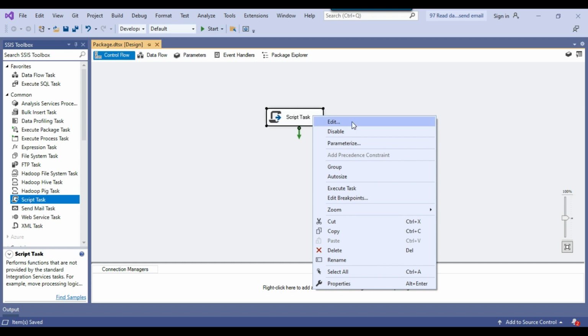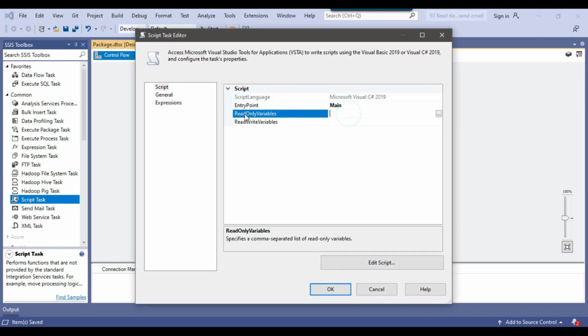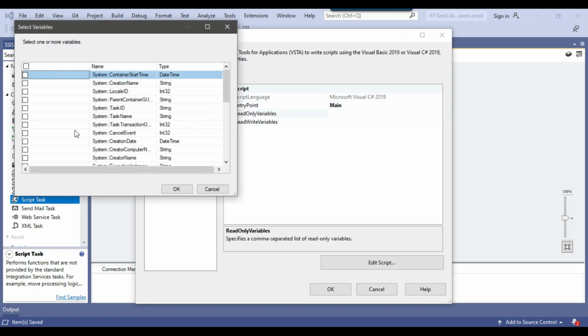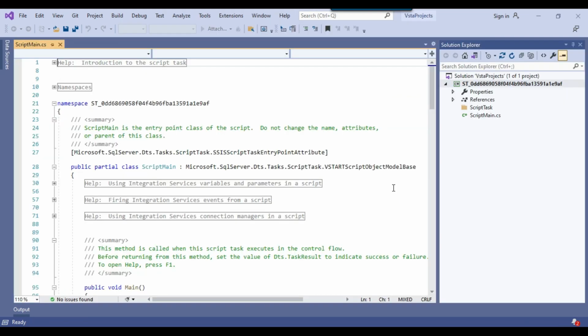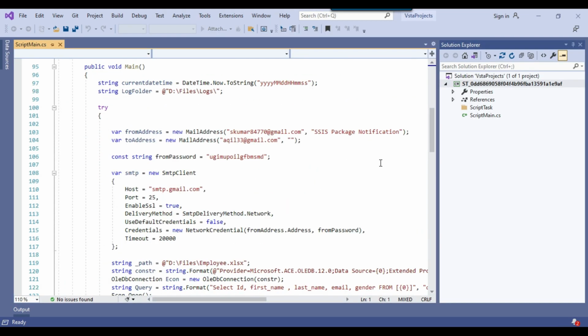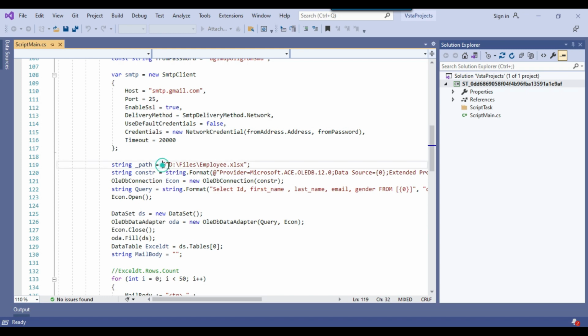Let me configure the script task. From the ReadOnlyVariables, I will select the FilePath. So this is the FilePath SSIS variable. I can click on OK. Now I can copy the FilePath SSIS variable name from here, and I can click on edit script, so that it can open the script editor for me, and I can use the FilePath SSIS variable in the script task. So the code has been opened, and now what we can do, instead of this particular hard coded